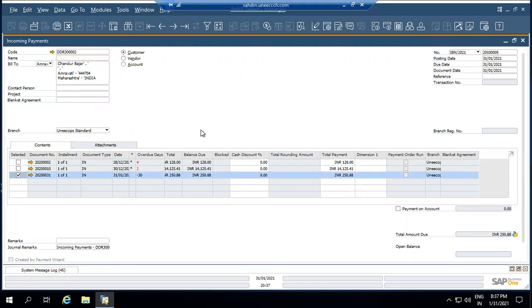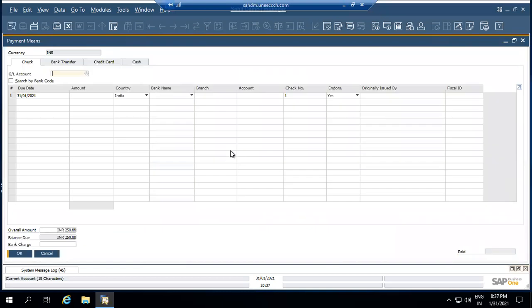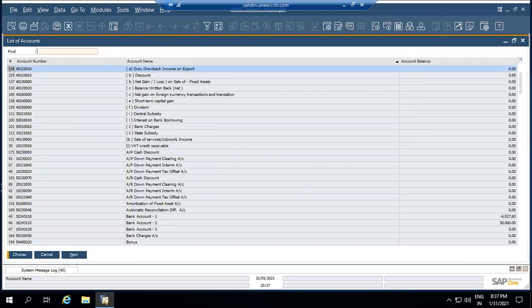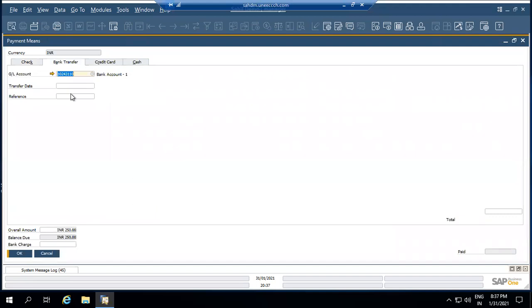Here I can select my invoice, select the payment means, how I'm receiving payment from the customer. So I select my bank transfer option here, select my bank account, transfer date, and that's it.